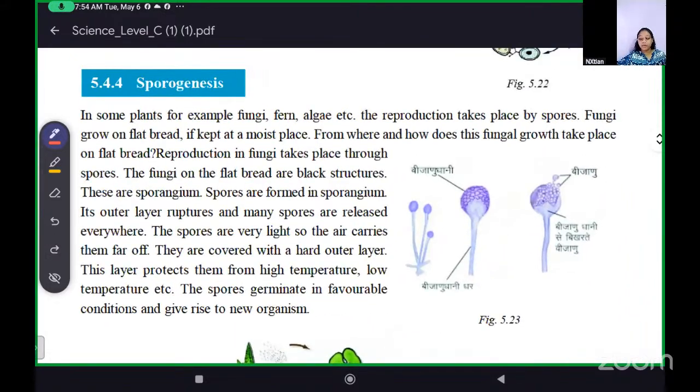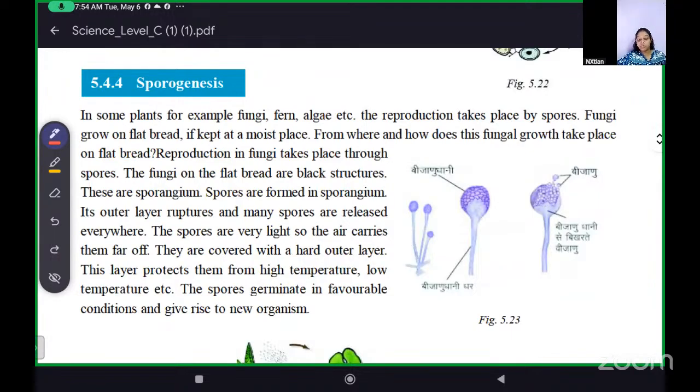Then we have sporogenesis. In some plants, for example, fungi, fern, algae, etc., the reproduction takes place by spores. Fungi grow on flat bread if it is kept in a moist place. And how does this fungal growth take place on flatbread? Reproduction in fungi